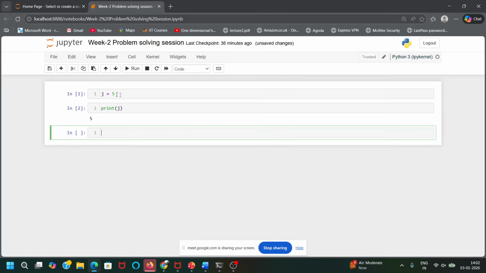So J is the name and 5 is the value, and you can also do a lot of operations like this using different names.